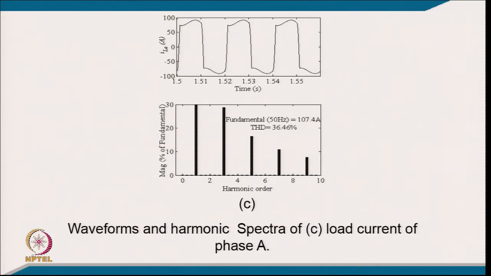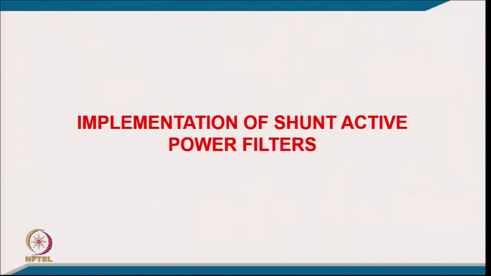However, the load current THD of the single phase was 36.46%. So we are able to reduce it from 36.46% to less than 5%, which is the standard. Coming to the implementation of the shunt active filter, many of our research group students have